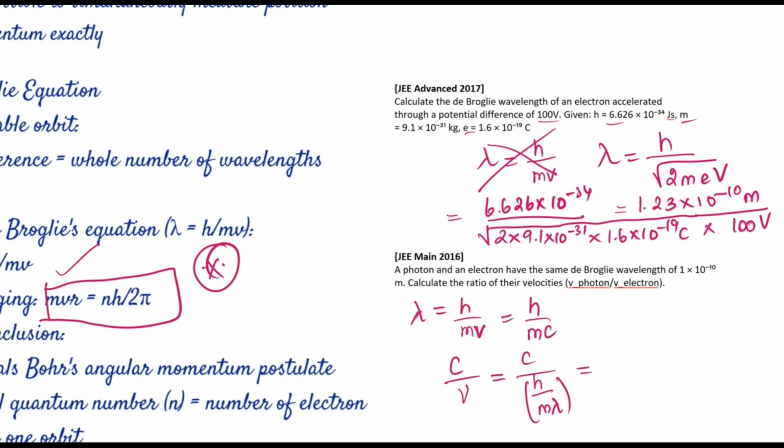I'm going to substitute the rest of the values over here. C value is 3 into 10 to the power 8, h value is 6.626 into 10 to the power minus 34 joule second, mass is 9.1 into 10 to the power minus 31, and lambda is given as 1 into 10 to the power minus 10. So upon solving this, I'll end up with approximately 400. Just match it with the given options. You'll get